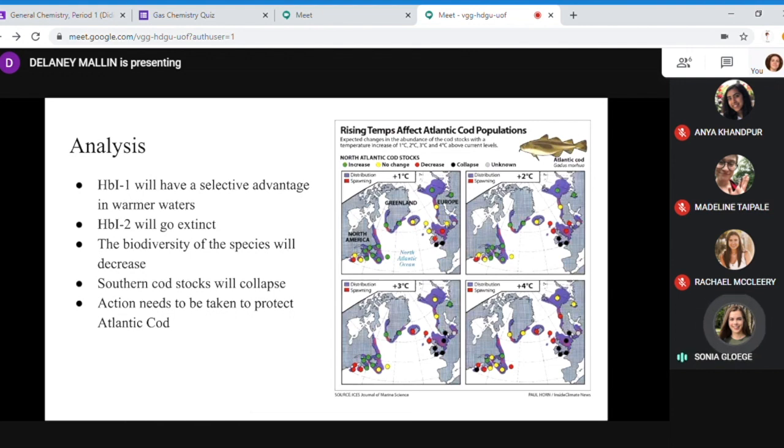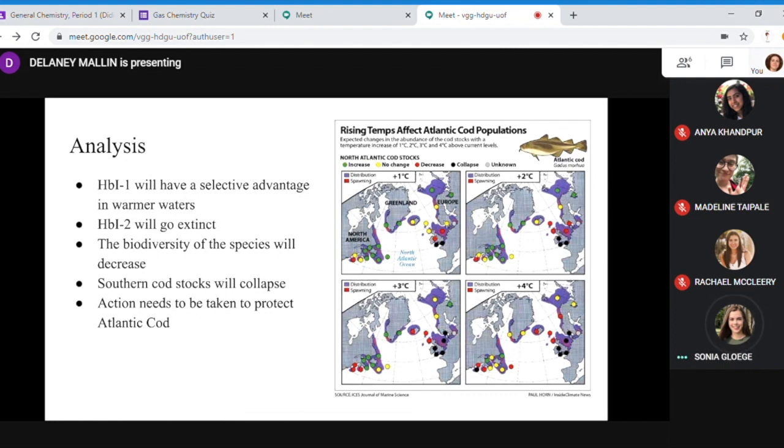In such a scenario, the HBI1 type would have a selective advantage over the HBI2 type, causing the HBI2 variant to die off at a faster rate because there are no cooler waters for it to migrate to. The loss of habitat due to increasing temperatures, hypoxic zones, and the invasion of other cod subtypes would ultimately drive the HBI2 subtype to extinction. If that occurs, this will harm the biodiversity of the entire species, heightening the risk of extinction for the species